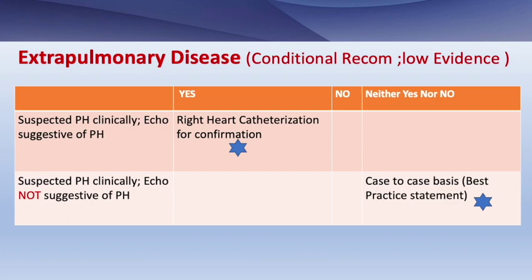When do we suspect? What are the symptoms that suggest PH? They are usually fatigue, syncope, chest pain, on examination a loud P2, a reduced 6-minute walk, more desaturation as compared to the lung involvement, a reduction in DLCO, or on a CT scan you may see pulmonary artery enlargement. If you suspected pulmonary hypertension clinically but the echo was not suggestive of pulmonary hypertension, on a case-to-case basis you may or may not go ahead with a right heart catheterization. So this a clinician has to best decide.